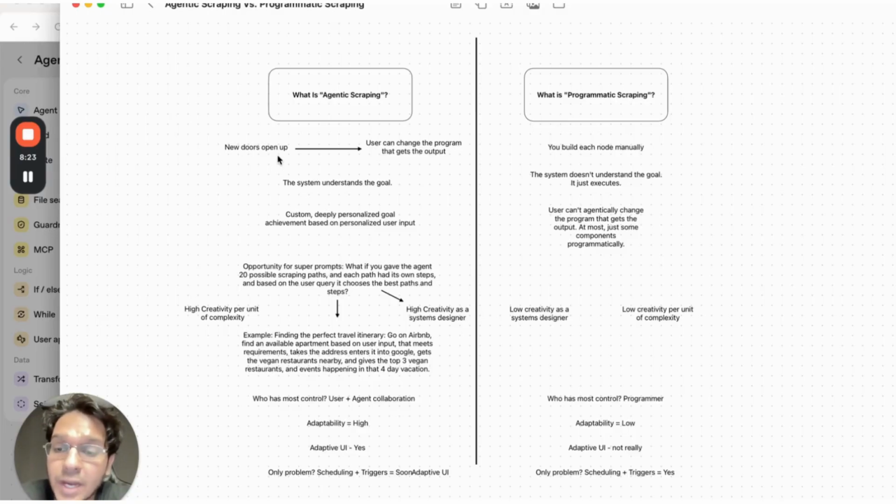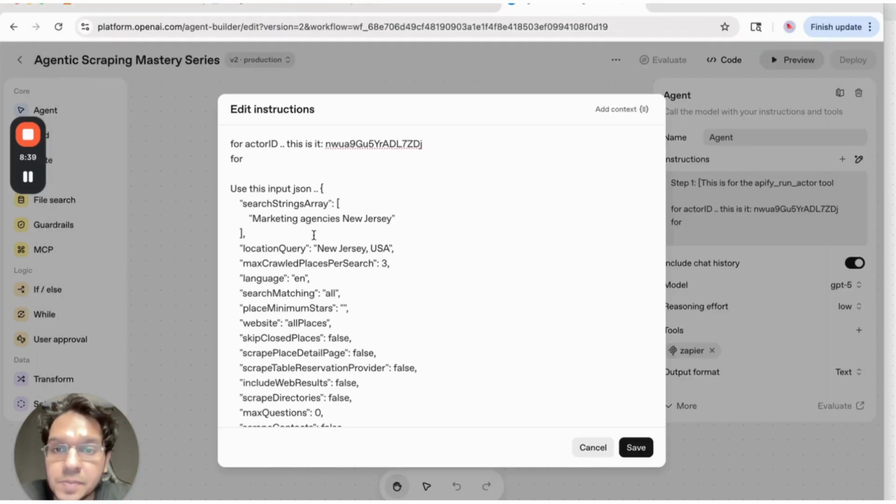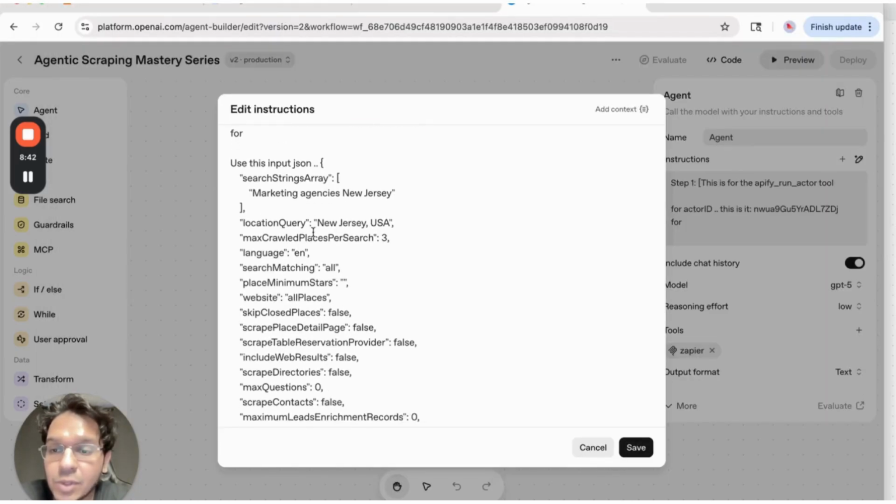And why? Because the user can change the program that gets the output. In programmatic scraping, like in Make, I have to build it manually and it just runs. But here in agentic, the user can say, for example, I'm looking for veg, like VG restaurants, where I live, and it can then figure out where you live, and turn VG into vegetarian restaurants to get a clean search query that goes in here. So vegetarian restaurants, New Jersey,